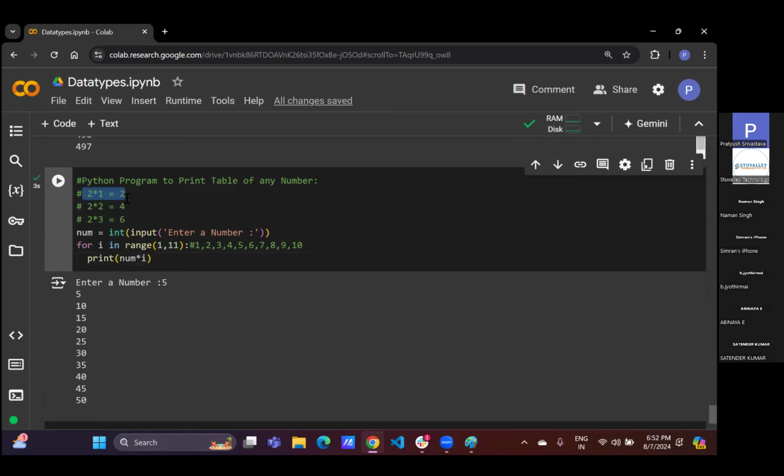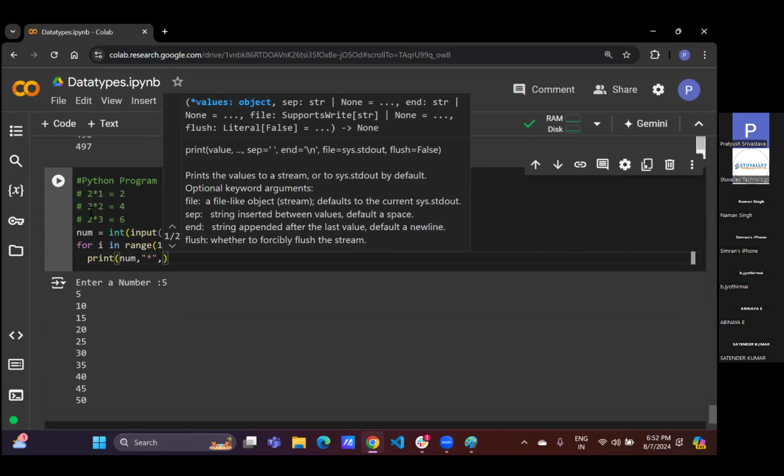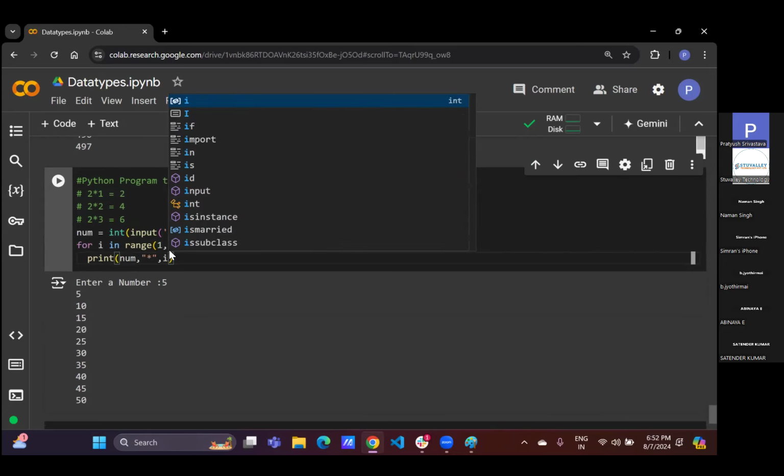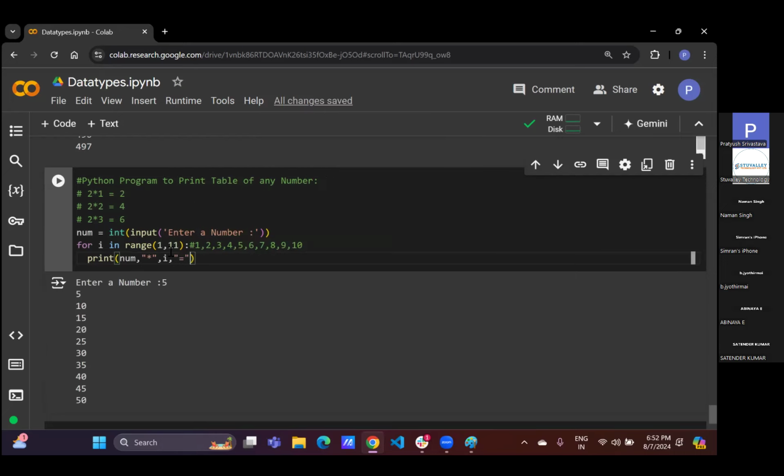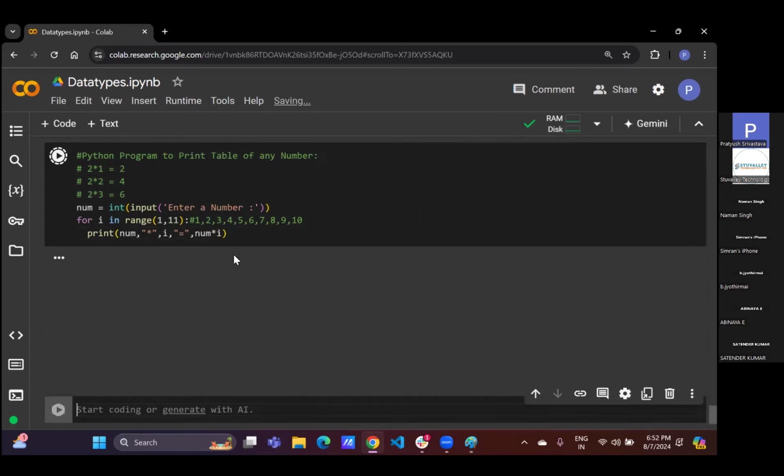अगर तुमको ऐसे भी प्रिंट कराना है तो मैं ऐसे भी प्रिंट करा सकता हूँ। कैसे कराएंगे? देखो नम तो हमारा सेम रहेगा, नम को ऐसे ही छोड़ दो। उसके बाद क्या करेंगे, एक कॉमा पुट करो। कॉमा पुट करने के बाद हमको स्टार चाहिए तो स्टार ले लो सेम एज इट इज। स्टार के बाद क्या लेना है हमको, हमको लिखना है आई। तो आई को सेम एज इट इज लिख दो। अब इसके बाद हमको इक्वल लगाना है तो इक्वल लगा दो। अब इक्वल लगाने के बाद ये जो रिजल्ट आ रहा है 246, कहां से ये रिजल्ट आ रहा है 246? 246 कुछ नहीं है, ये मल्टीप्लीकेशन है नम इंटू आई का।